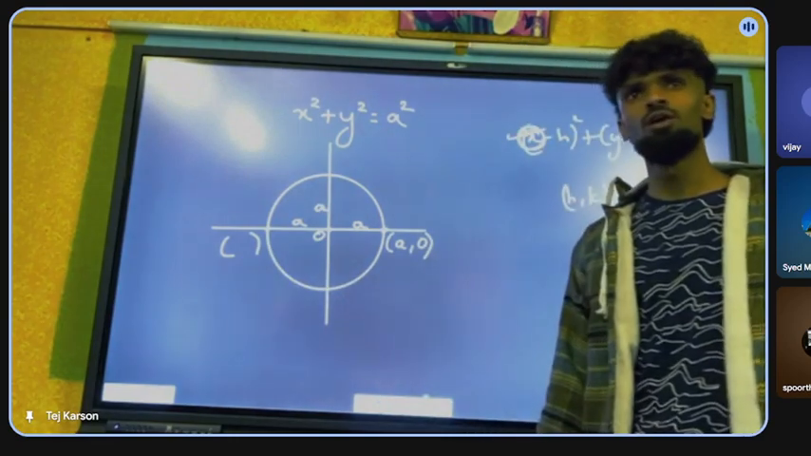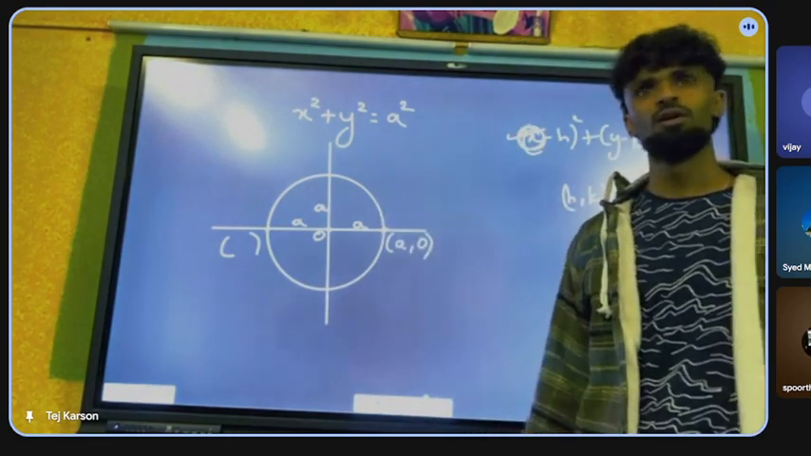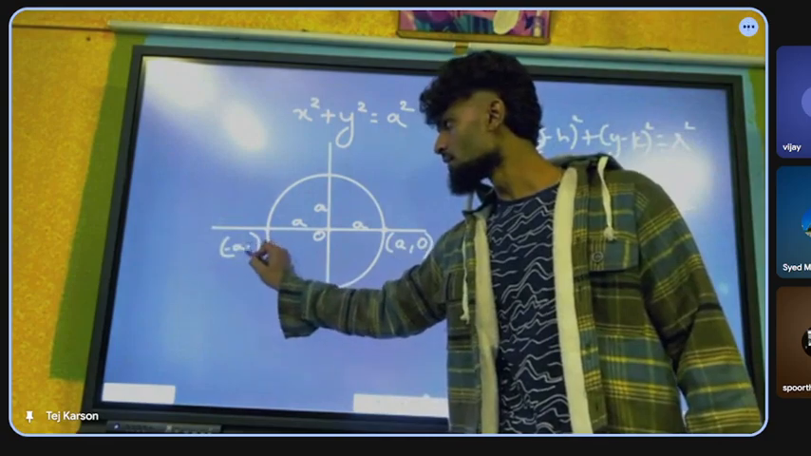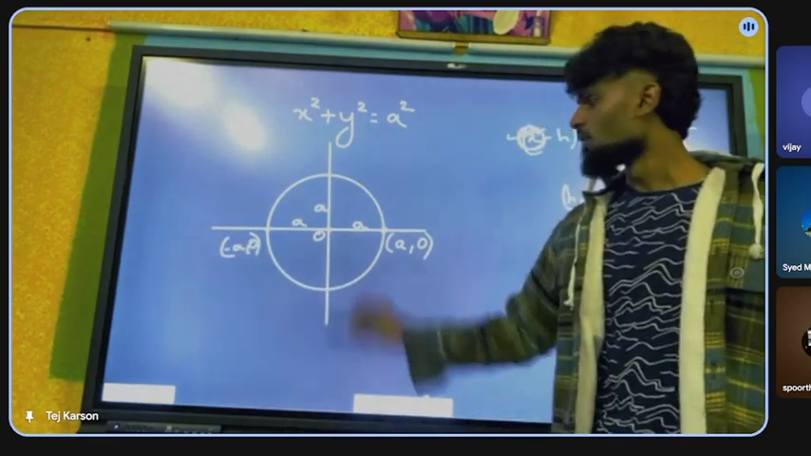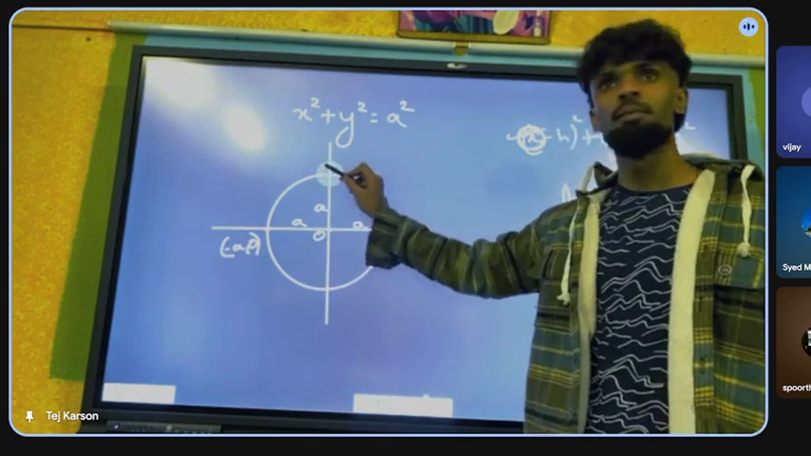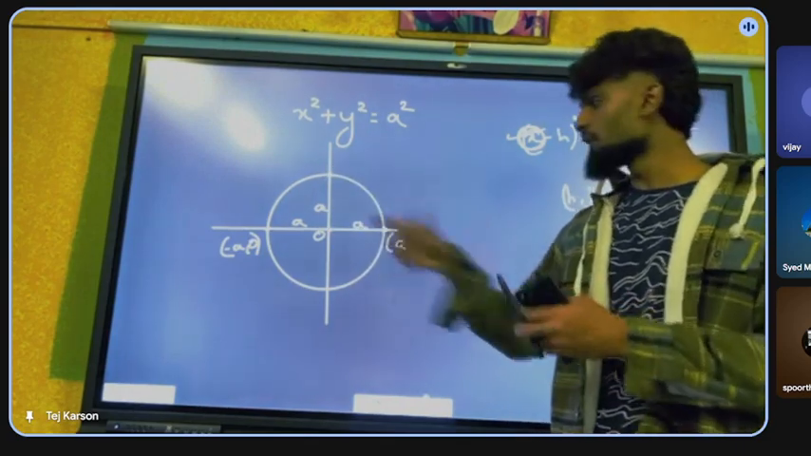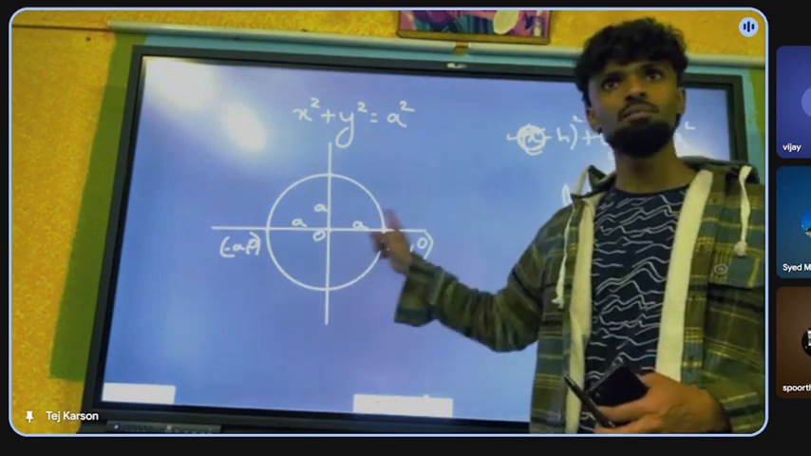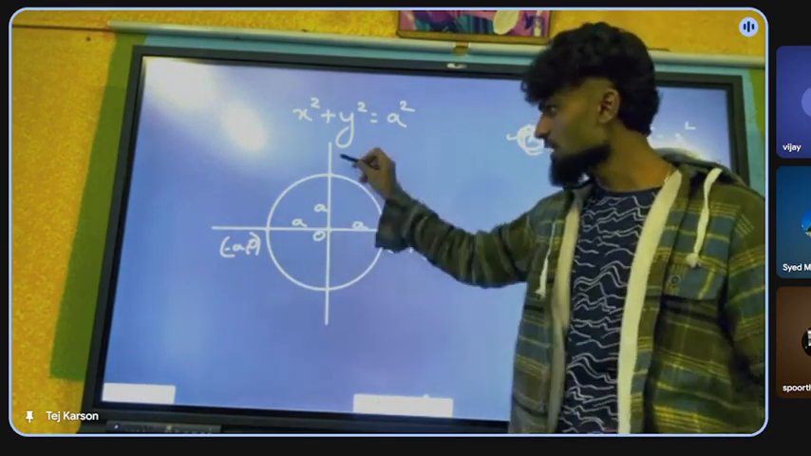Minus a, 0? How 0? Same axis only, no? It'll be minus a comma 0. What about this? The distance is the same. How is the distance the same? Because will you keep changing the radii every time? No. Same radii throughout. So if this distance is a,